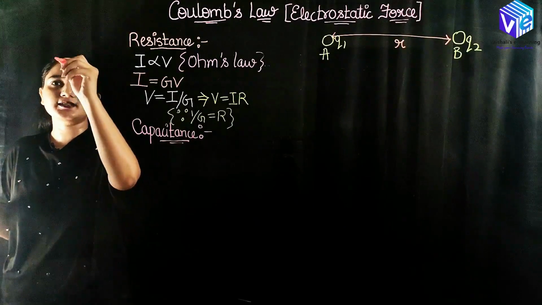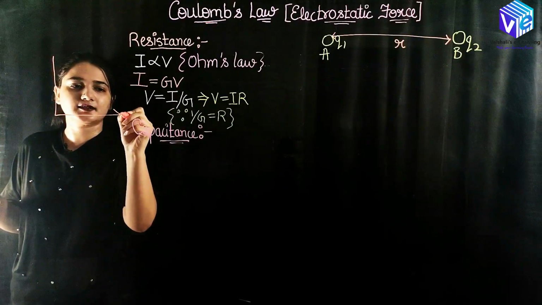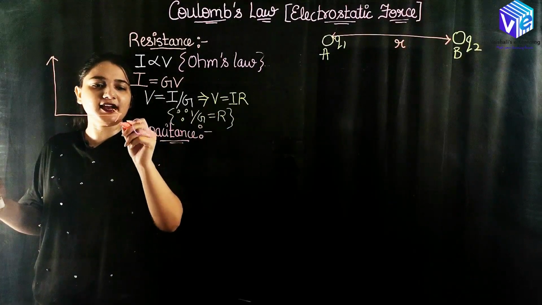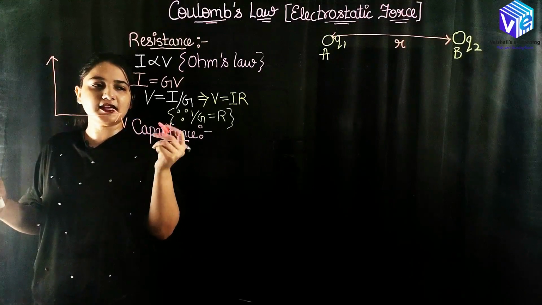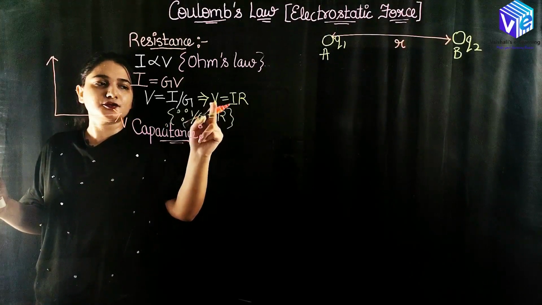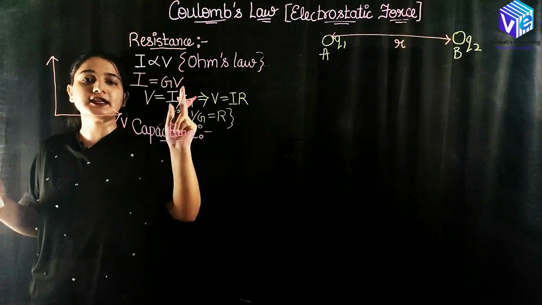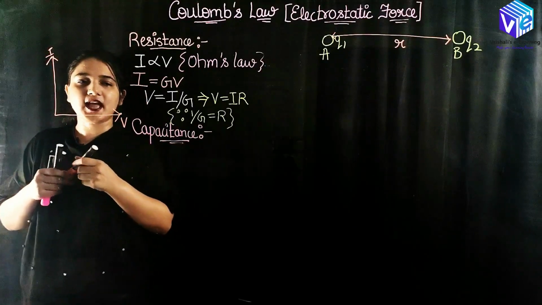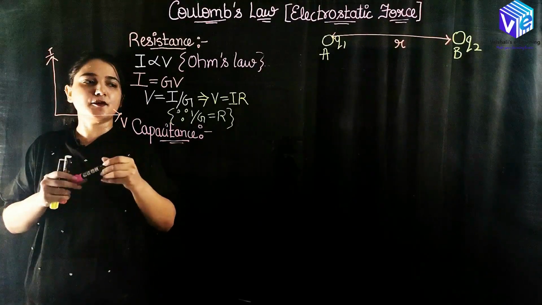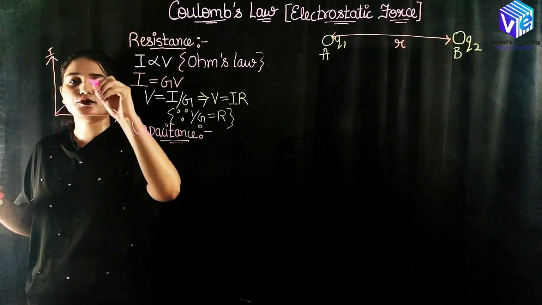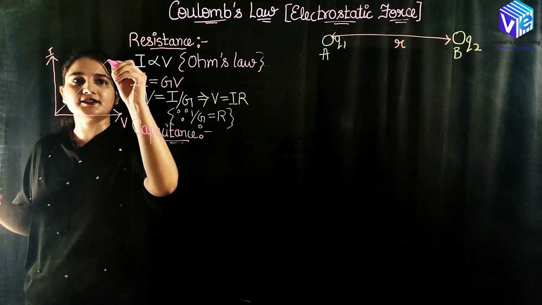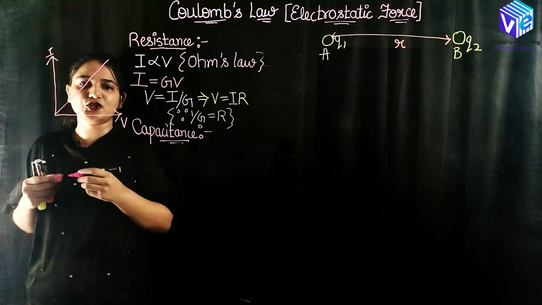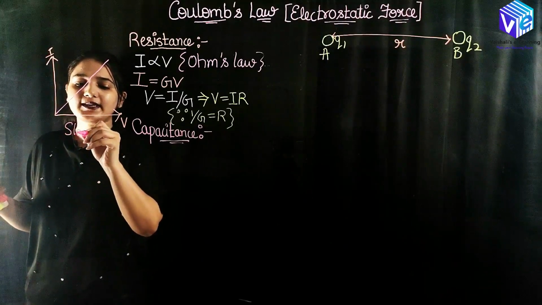Now if I have to plot the relationship between V and I, is V dependent or independent? From here you can see V is independent and I is dependent. So I am taking I on the y-axis and V on the x-axis. Both follow a linear relationship, so we'll have a graph like this. This graph represents V is equal to IR, or it is the representation of Ohm's law, and its slope will give me the R.